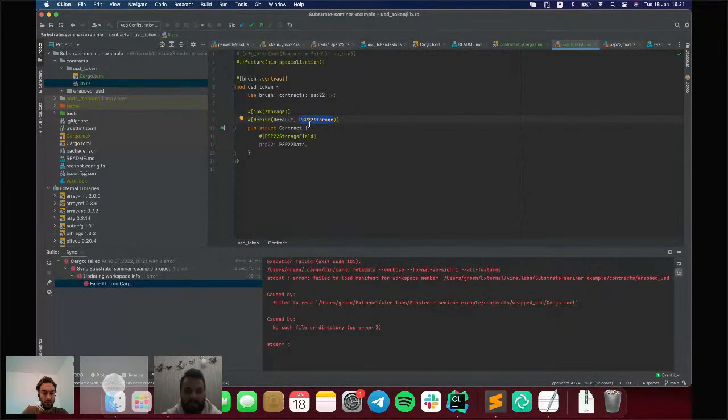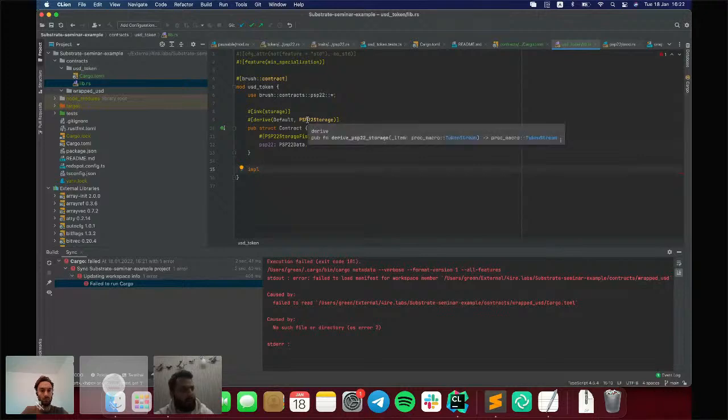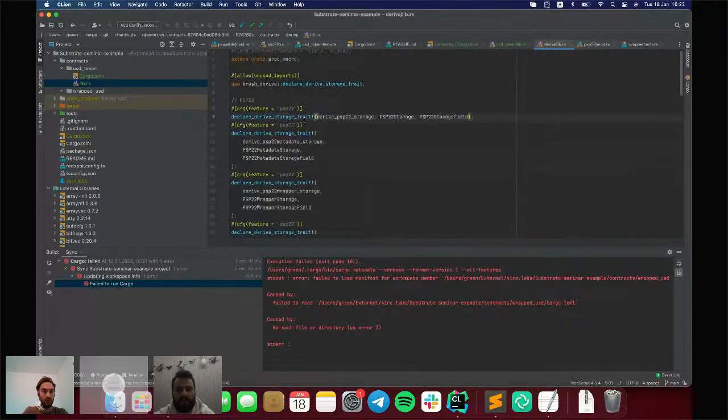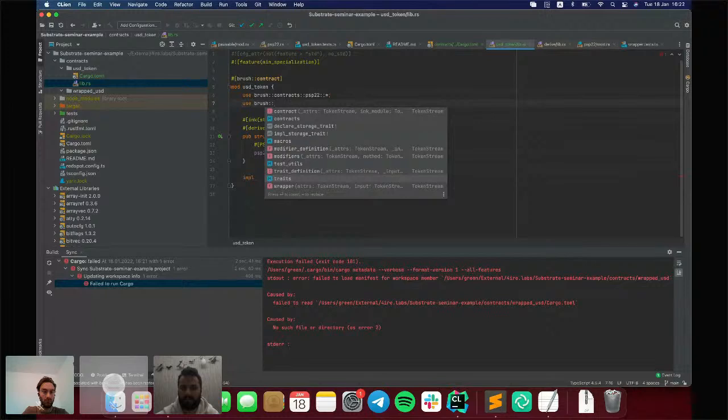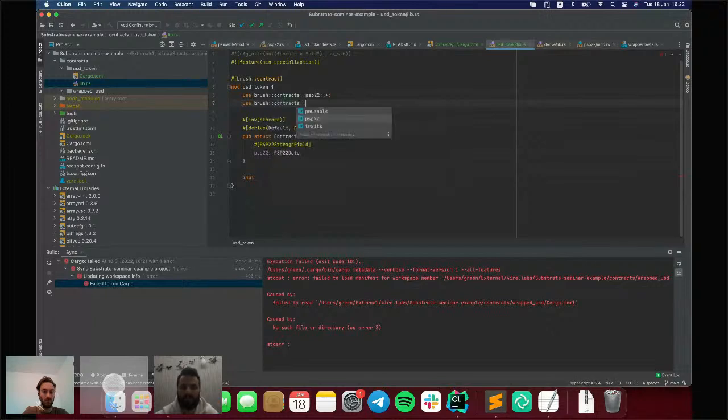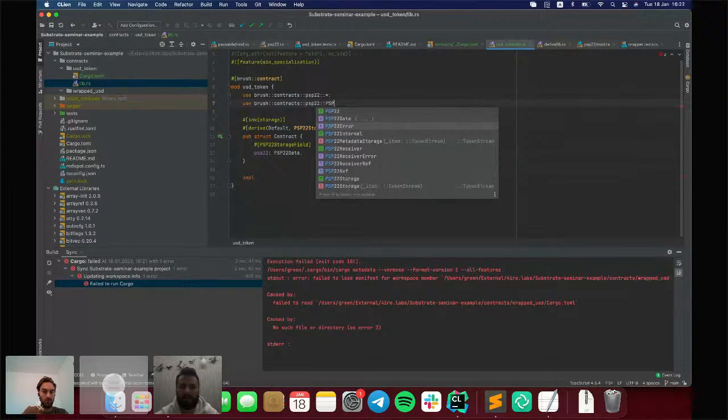And let's talk about PSP22 storage. PSP22 storage is a derive macro, which will inherit the implementation of PSP22 storage. It is a very simple macro, and it is a very simple trait. It is defined in OpenBrush.